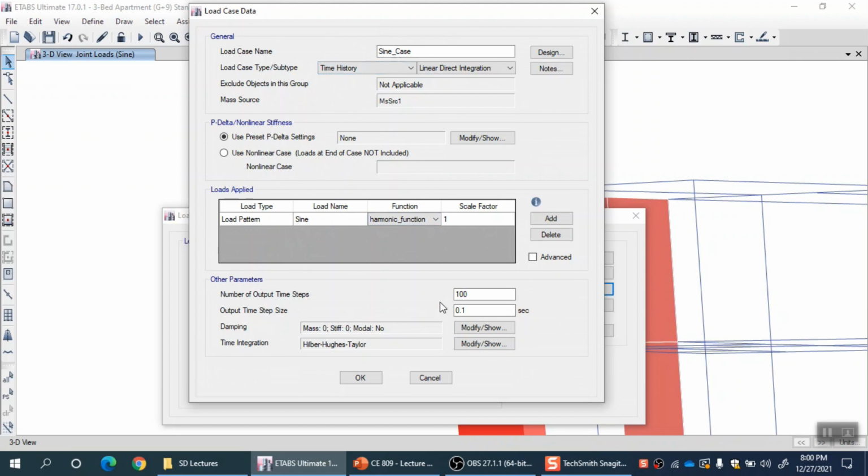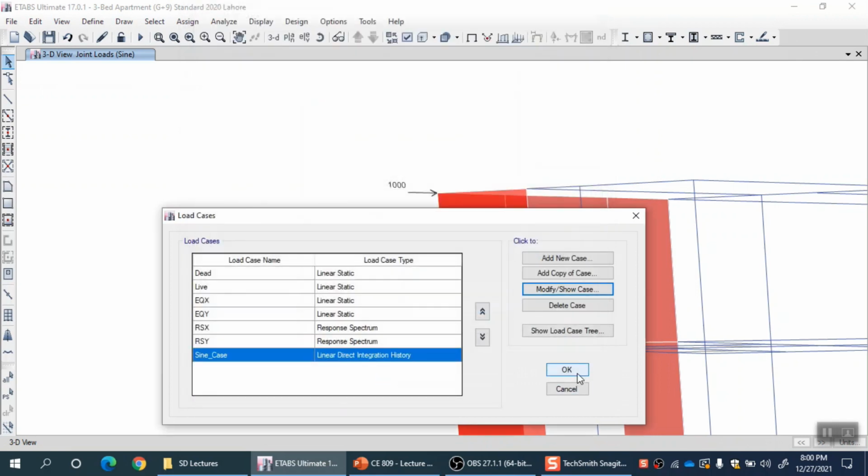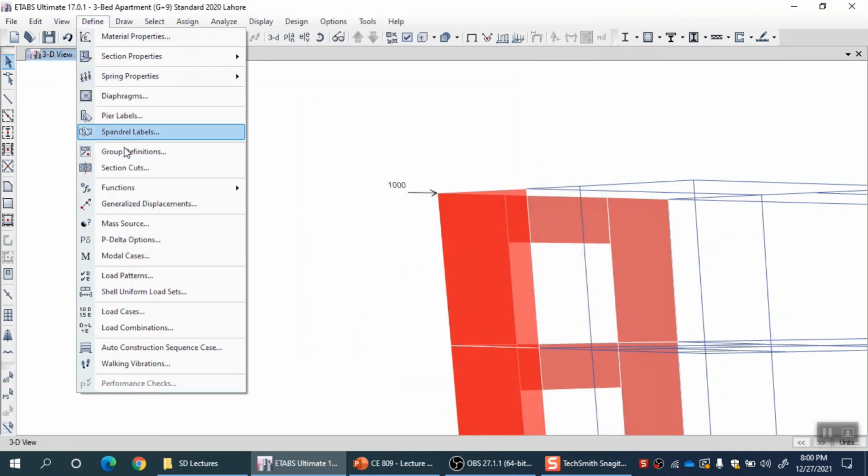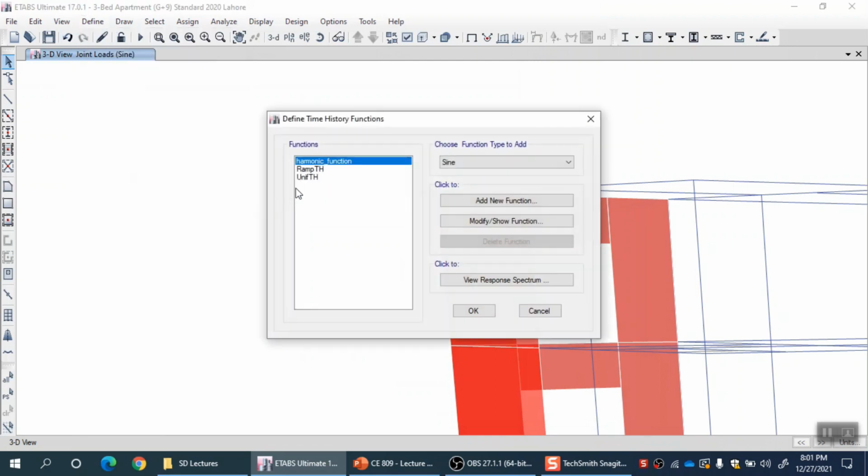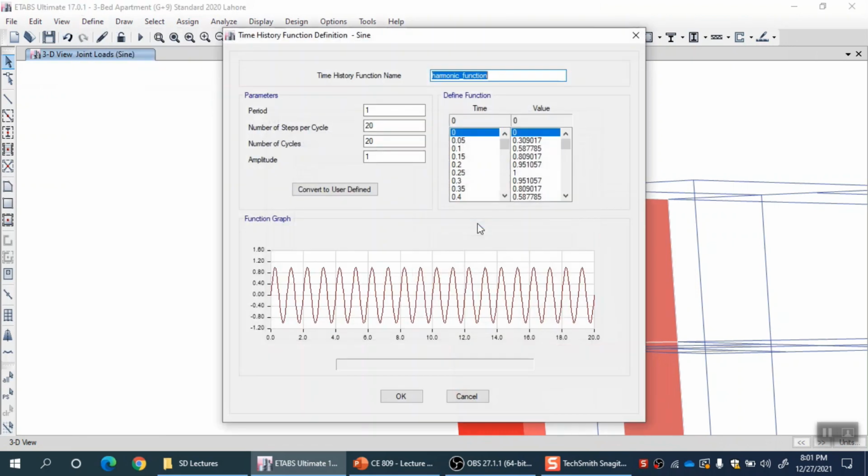These other parameters, for example the number of output time steps and the output time step size, these two numbers should be same as the function's time step and function's number of points, if you want to save the analysis results for all time instants. Currently, let me click OK and OK, and let me go to define and the same function, harmonic, I modify that.